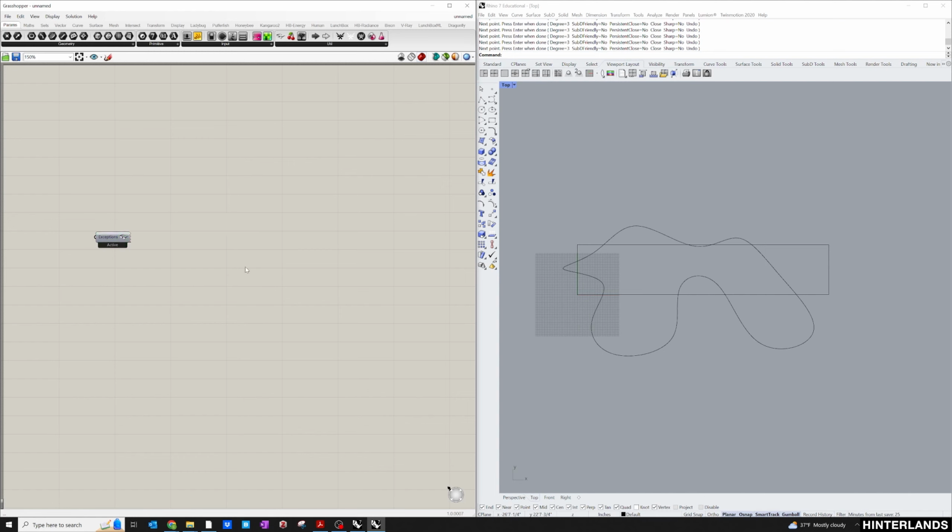The next thing we want to do is create a curve param. And we will go ahead and connect that to this curve over here. Next, we need to use the boundary surfaces component to create a surface from that curve